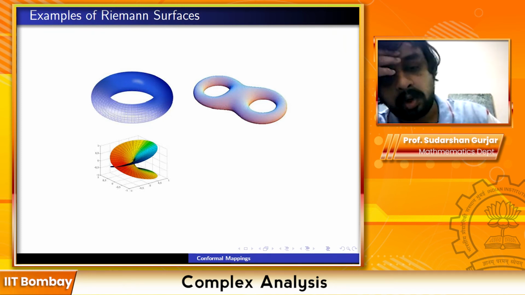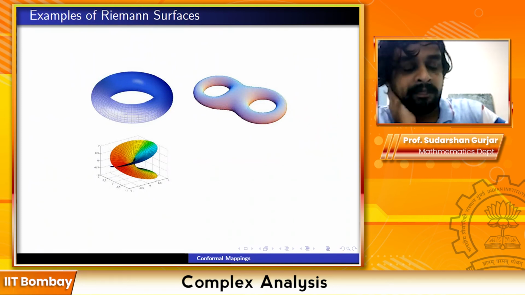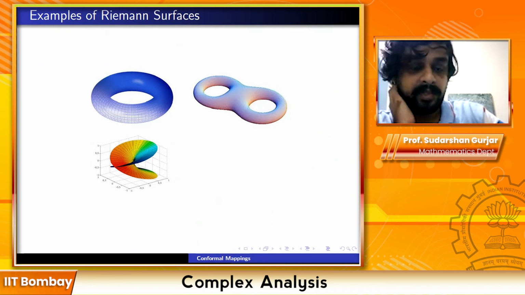And the third example that I have drawn here is the so-called Riemann surface for square root z. If you remember from a few lectures back, square root z is not a holomorphic function. Square root z is basically e raised to half log z. And since defining log z is a problem, defining square root z is also a problem. So in general, you cannot define square root z as a holomorphic function on the complex plane. If you restrict yourself to a simply connected subset of the complex plane, then you can define the logarithm, and therefore e raised to half log z gives you square root z.